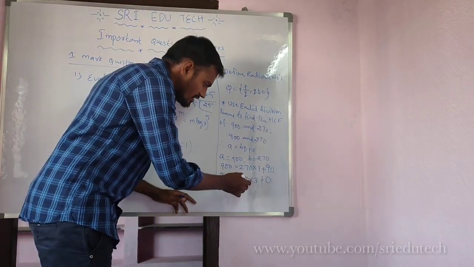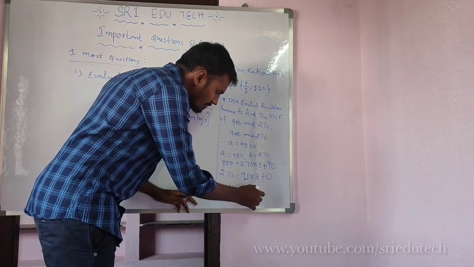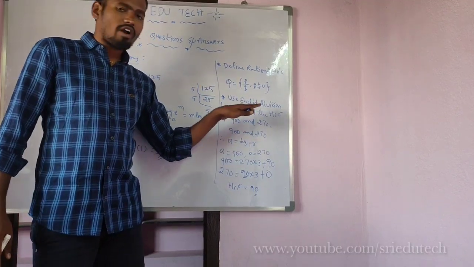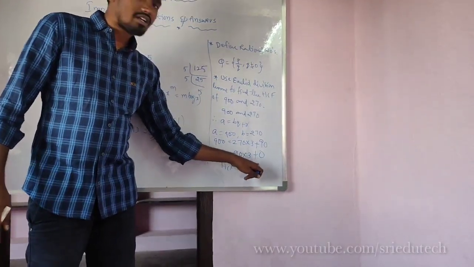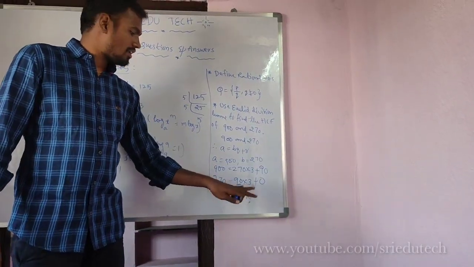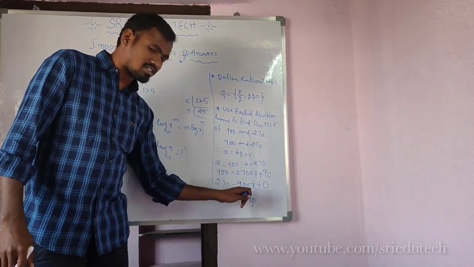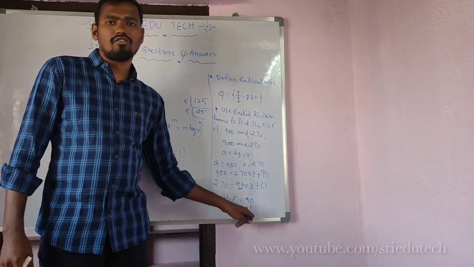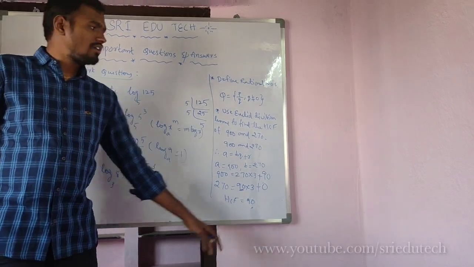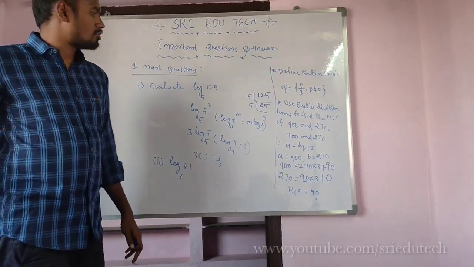So the HCF is 90. In this Euclid division lemma for finding HCF, until the remainder is 0 comes, we have to continue the problem. Whenever 0 comes, stop and write down the divisor at that position, which is the answer, the HCF. Clear? This is a 1 mark question. Next, 2 marks.